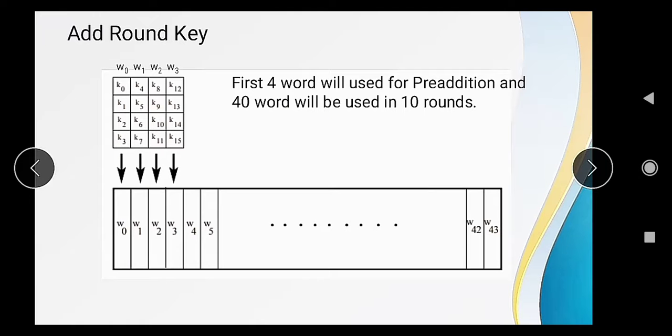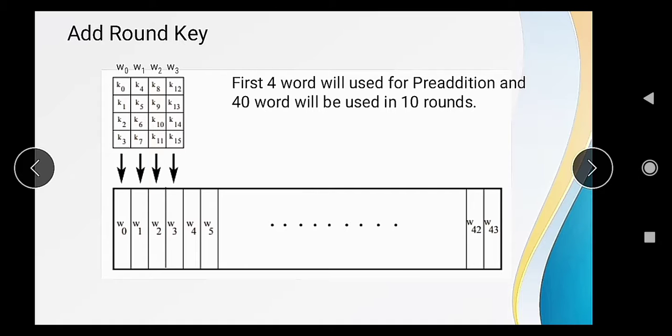Okay, now let's start with the first round, that is add round key. First process, that is add round key. Here in the add round key, we are using the 4 words, that is W0, W1, W2, and W3. So W0 means this first column will be used as a word, and the values of the word 0 will be K0, K1, K2, and K3.